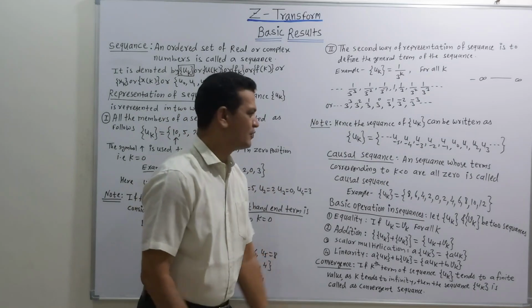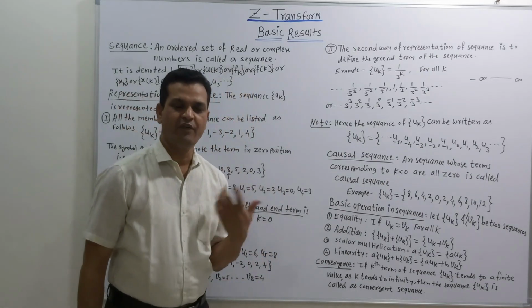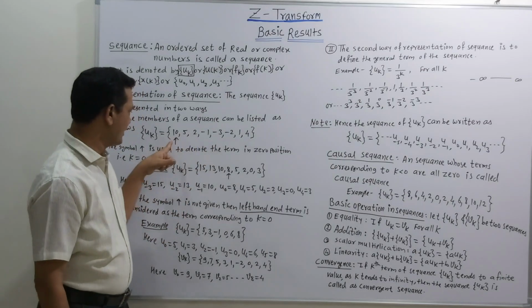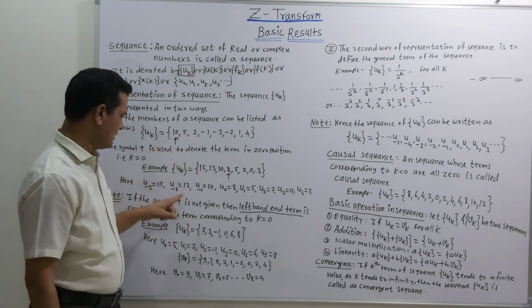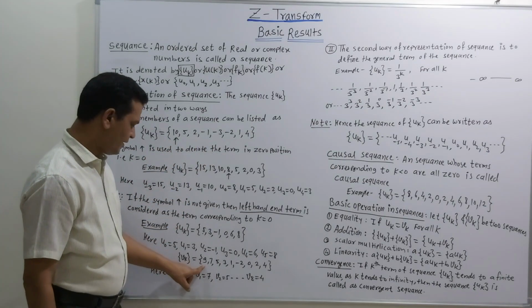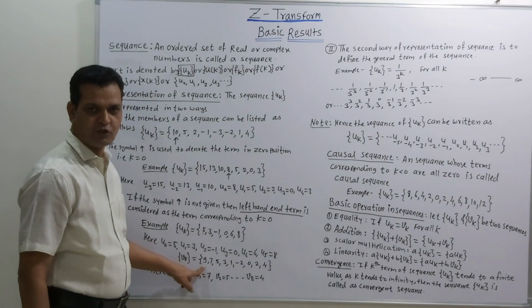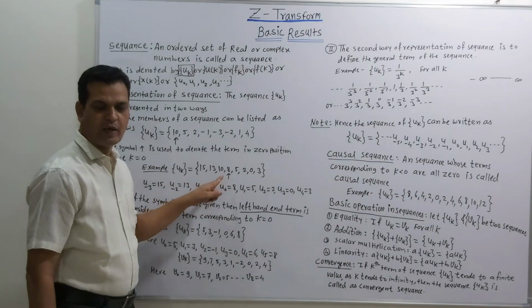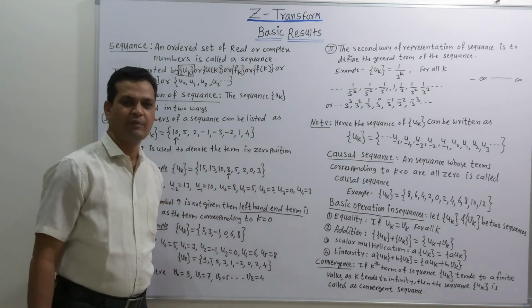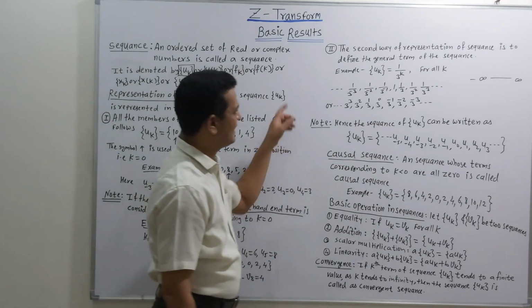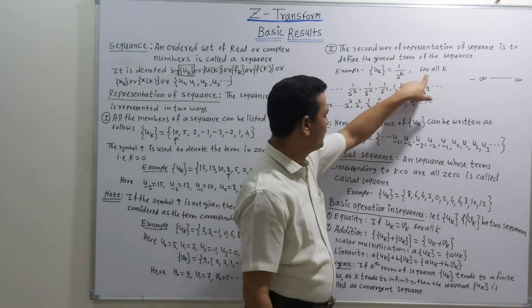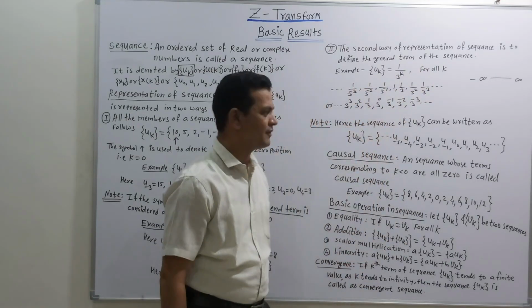Once again, try to understand there are two different ways of representation of a sequence. Whenever such a sequence is there, an arrow may be there. If the arrow is absent, then denote the first term of the sequence as the 0th position. If the arrow is present, then denote that arrow value as the 0th position value of the sequence. In the second way, the kth term is given. So in particular, put the value of k and we get the required sequence.